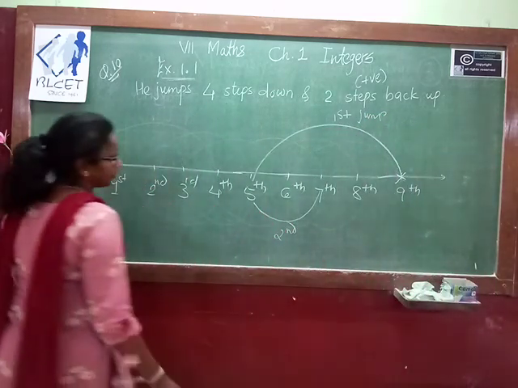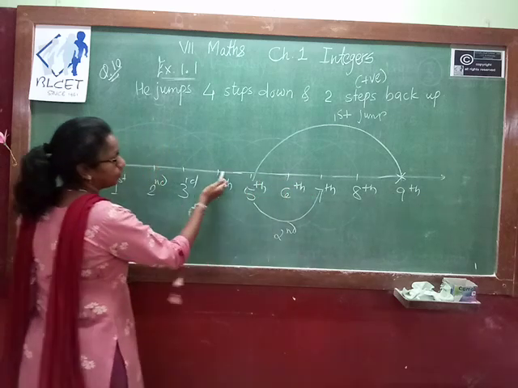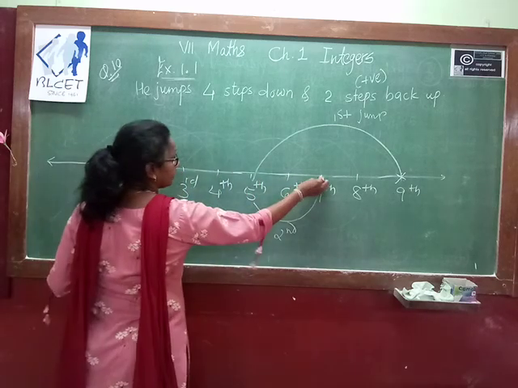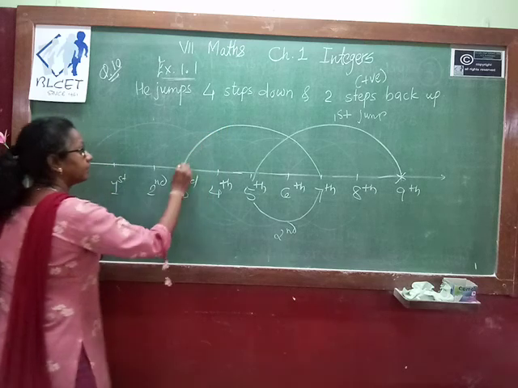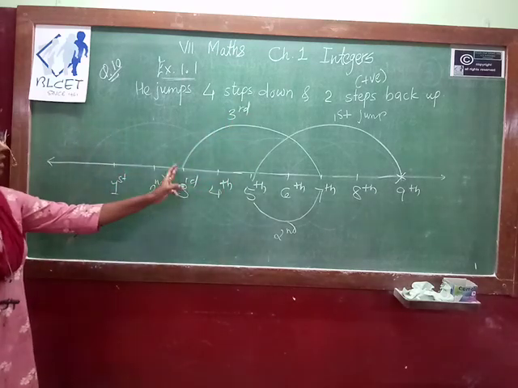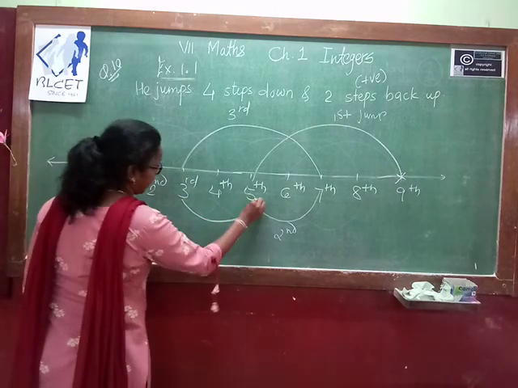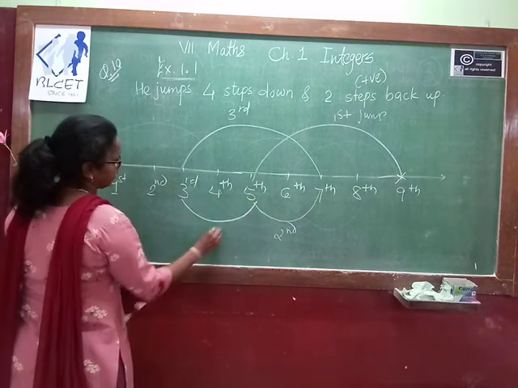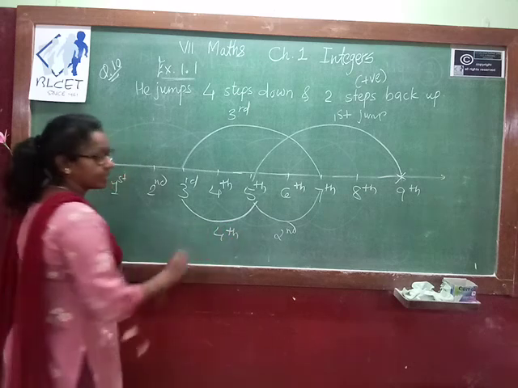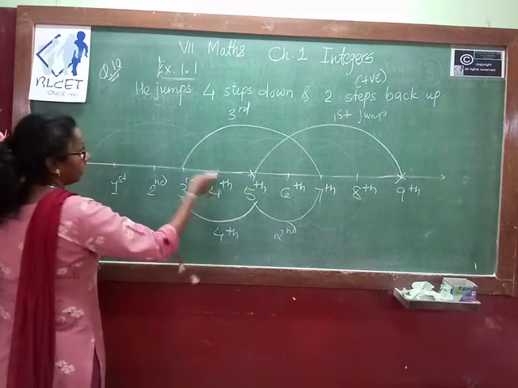Now what is the position of the monkey? On 7. Now 4 steps forward: 1, 2, 3, 4. So it reaches over here at the 3rd step. This is your 3rd jump. Now from here 2 steps backward: first step, second step. This is your 4th jump. Now where is the position of the monkey? On the 5th step. Now from here 1, 2, 3,